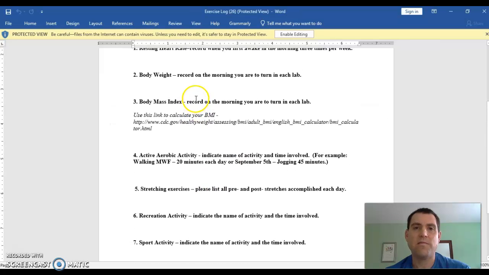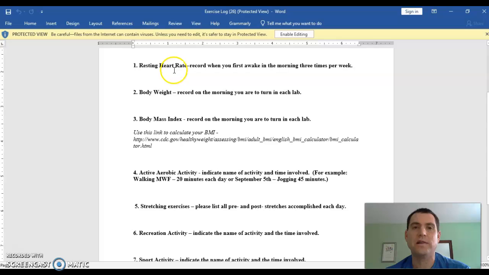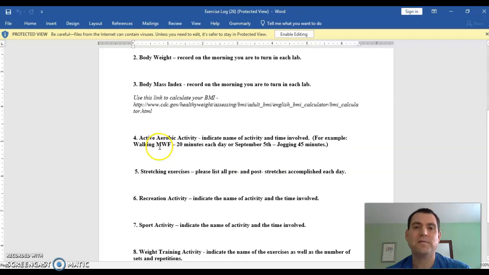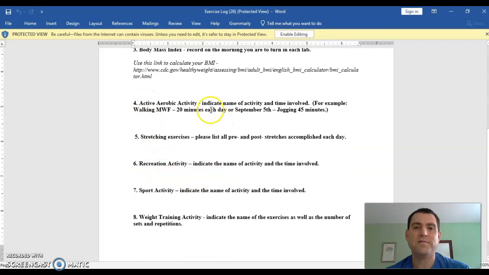So everybody did pretty much great on the last exercise log for questions 1, 2, 3. But some of you did omit some of these sections here. Each of these sections has to be completed for you to earn the maximum amount of points in the class. And according to how much you perform in each of these sections, as indicated on the rubric, will determine your grade on the exercise log.